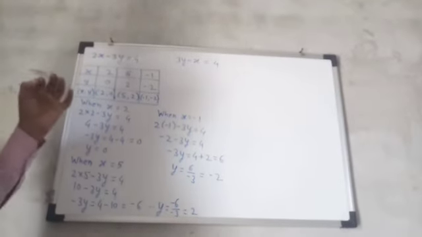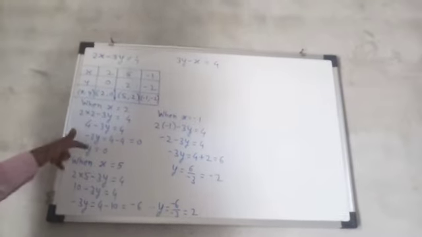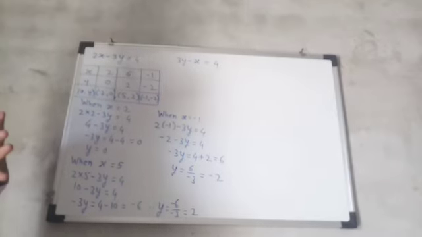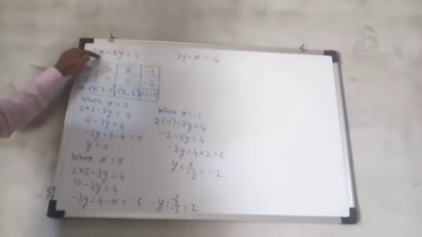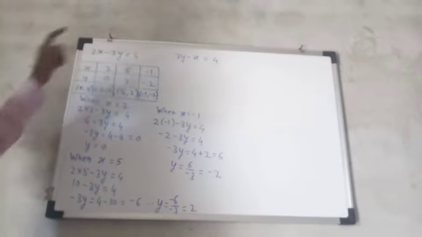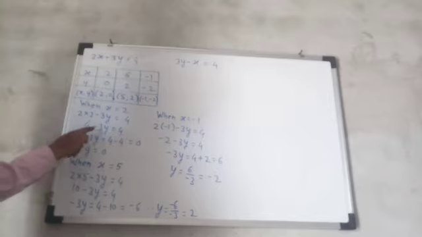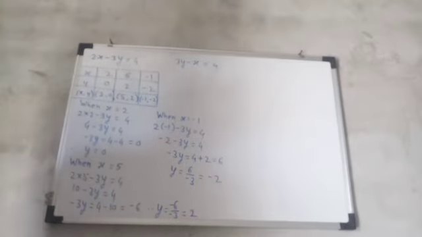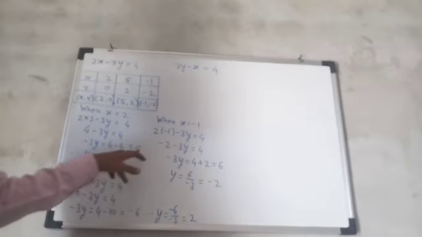See again, this is equation 2x minus 3y is equal to 4. Take values of x such that we get values of y in integer. X is equal to 2. Here 2 into 2 minus 3y is equal to 4. 2 twos are 4 minus 3y is equal to 4. 4 goes across with a minus sign. Minus 3y is equal to 4 minus 4. 4 minus 4 is 0. Minus 3y is equal to 0. Divide by minus 3. Y is equal to 0.